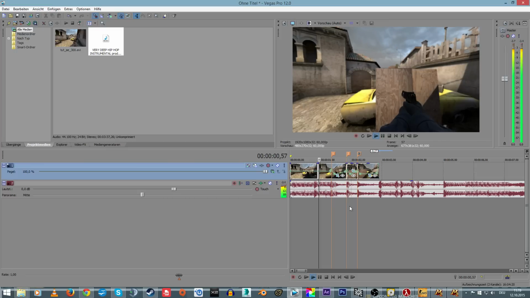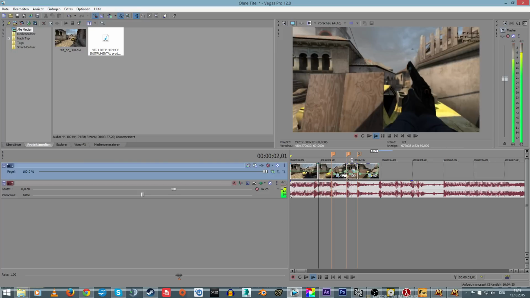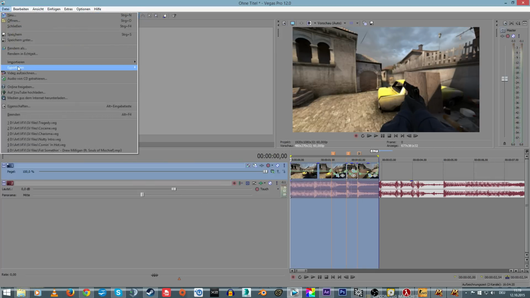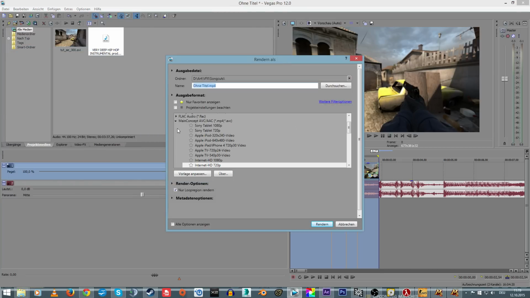Like the pen crop part, it's maybe already a bit harsh, but I think for such a quick tutorial it should definitely work. Let's export it, render as, then I will render it again in AVI,